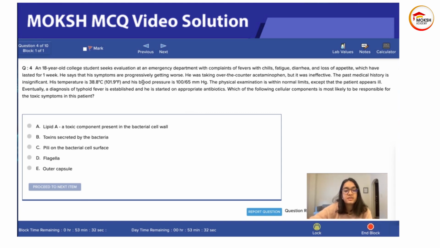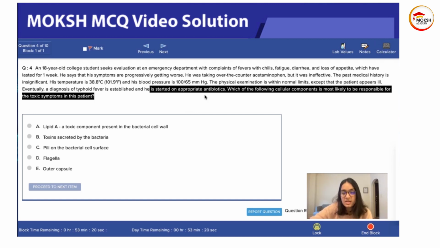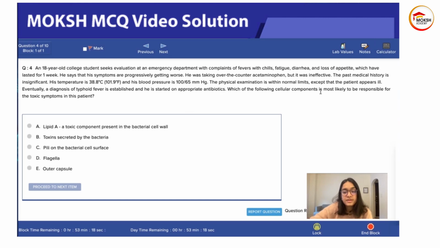The past medical history is insignificant. His temperature is 101.9, blood pressure 100/65. Physical exam is within normal limits, except that the patient appears ill. Eventually, a diagnosis of typhoid fever is established. He is started on antibiotics. Which of the following cellular components is most likely to be responsible for the toxic symptoms